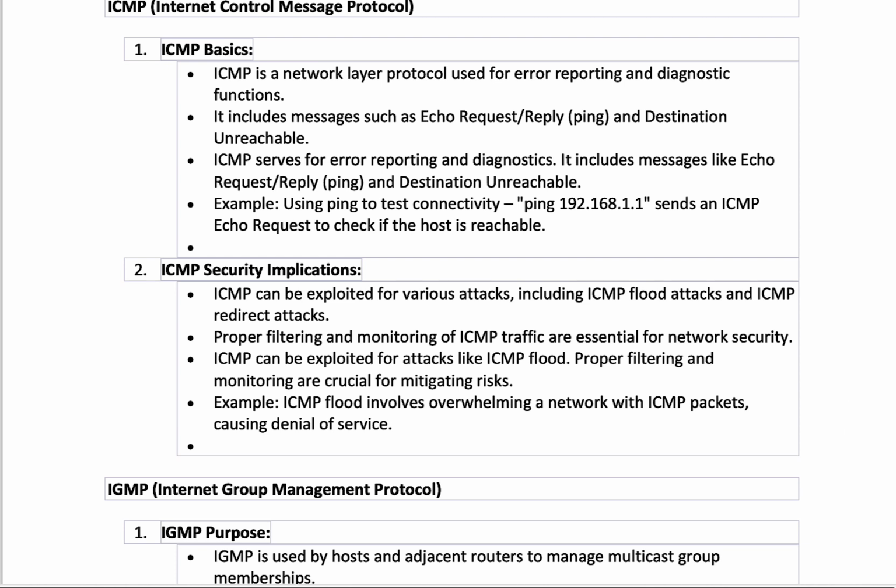Now, ICMP security implications that come up: there are various attacks that occur with ICMP, and this could be a flood attack and/or a redirect attack. This is where filtering is important to ensure you have some level of network security. An ICMP flood would be where someone is just sending ping requests to you, trying to overwhelm your network